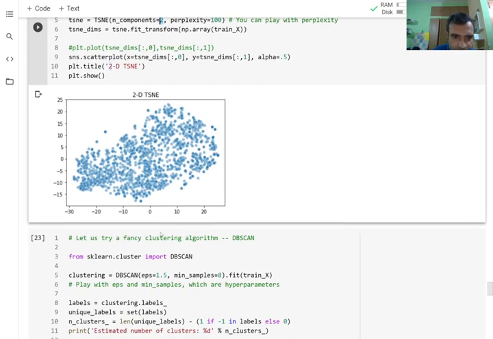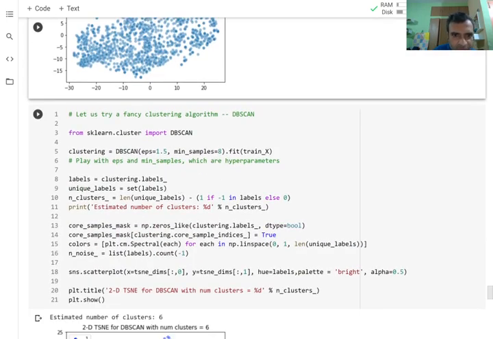Now I want to do clustering. How many clusters do you see? Perhaps it doesn't seem like they are very distinctly spread clusters, but maybe this is one cluster, maybe this is another cluster, maybe this is another cluster, this is another cluster, and so forth. So maybe 5 clusters.